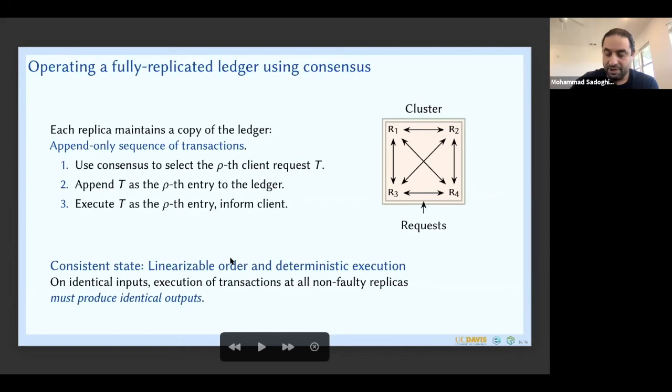And since in every round one transaction gets added to the ledger, it's essentially added in a linear order, which is called linearizable order. And there's also an assumption here that the execution of the transaction is deterministic. The reason that is required is because each replica agrees